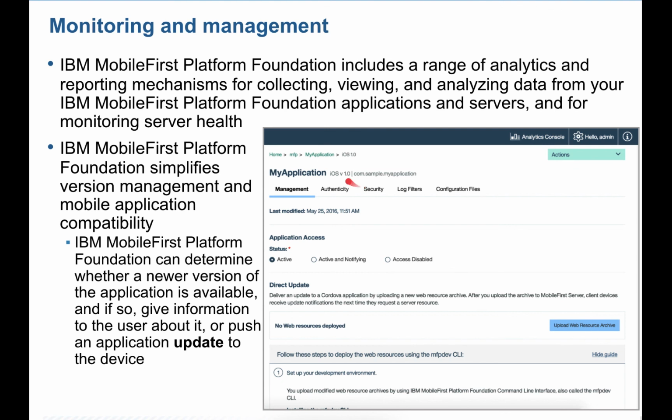Suppose here you can see the iOS version 1.0. If you deploy any application again in the App Store, then you have to change the version. It should be something like 1.1 or 2.1, something greater than 1.0. But when you push a direct update, you don't need to change the application version. Only the web resources version you have to change, and that will not modify the application version. Got it? This is also one thing.